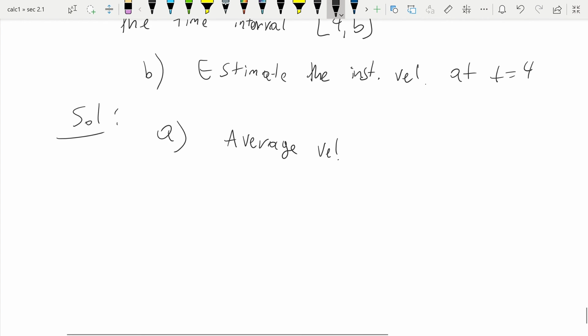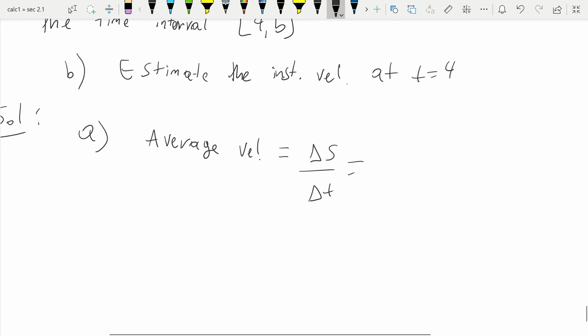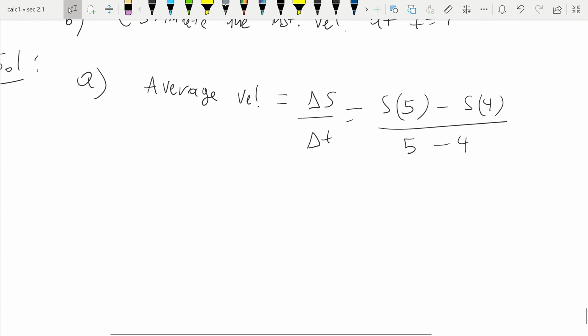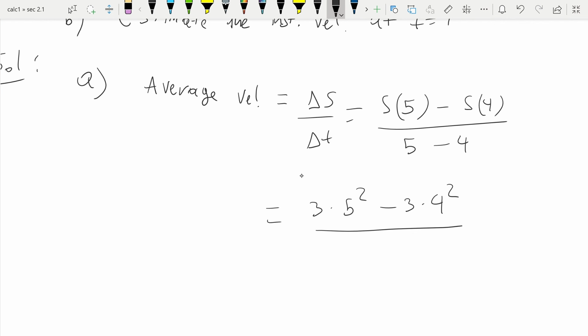What is the average velocity? It's delta s over delta t, which will be equal to s of 5 minus s of 4 divided by 5 minus 4, which is the change in time, and this is equal to 3 times 5 squared minus 3 times 4 squared, all of that divided by 5